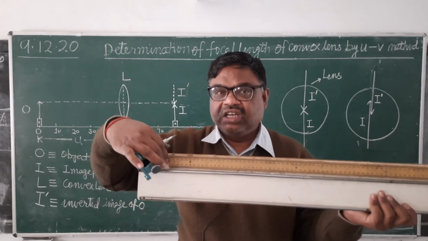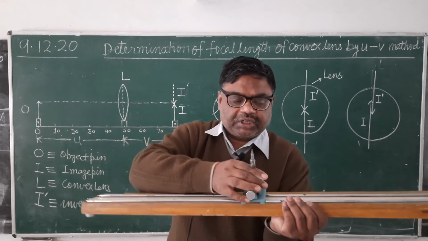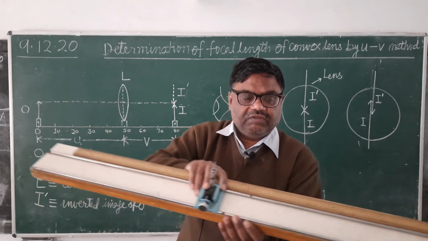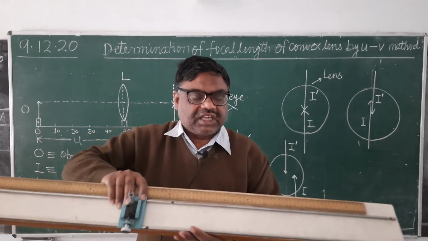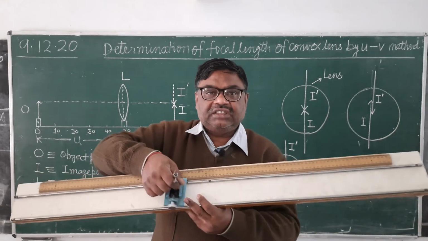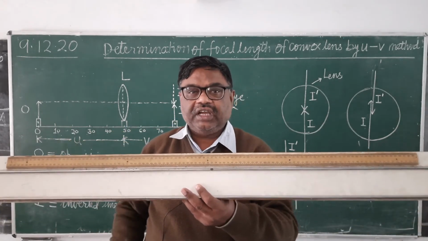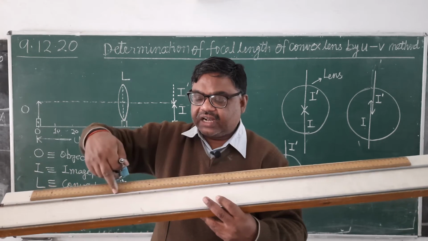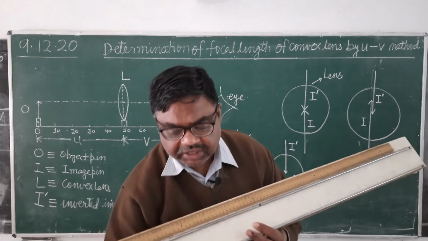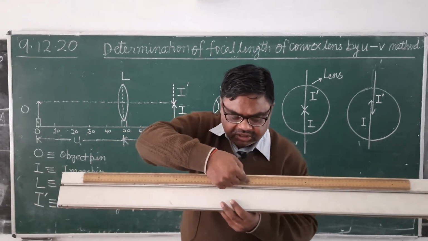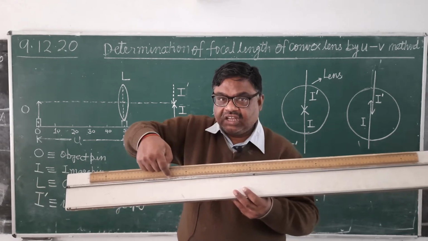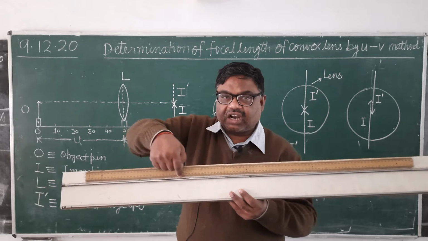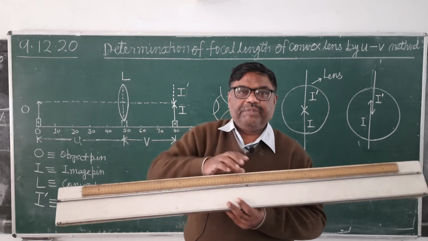Here you can see, and the 0 centimeter mark of the scale will be away from it, means it will be on this side. This scale is printed on both sides. So which side will you take? Which is nearer to the iron rod. We will see the length on this printed side. It is clear? Which is towards the metal rod.